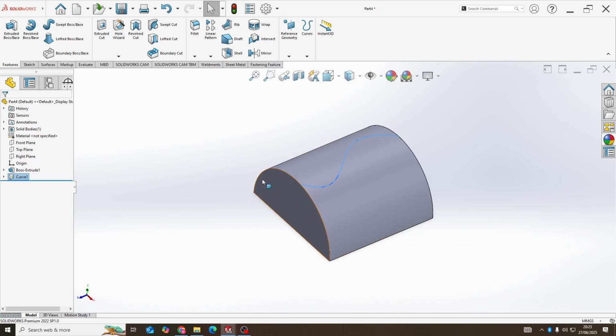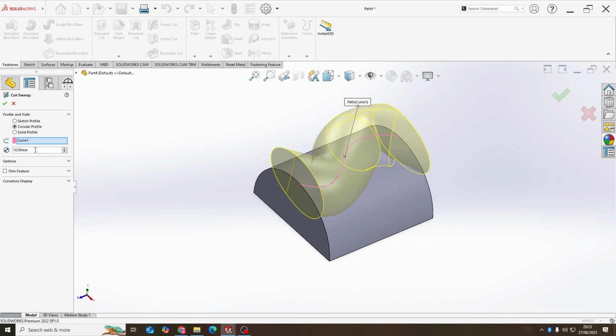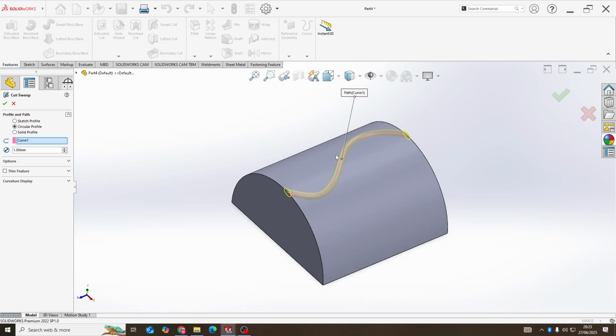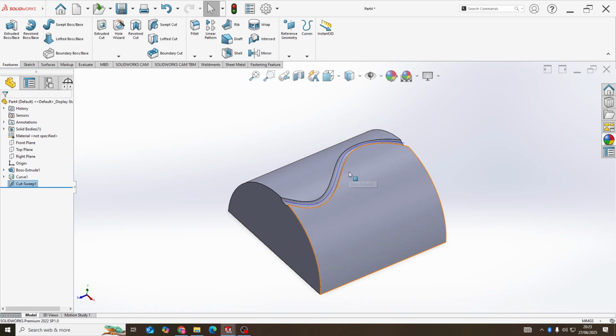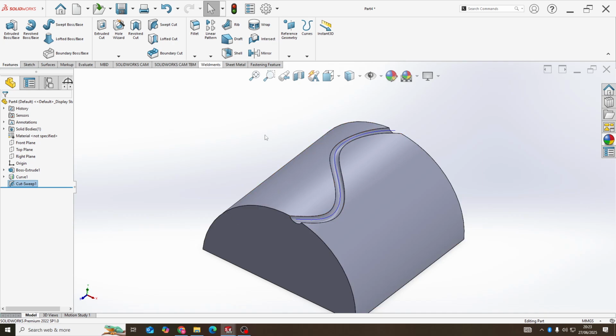We can also create a path or cut following the spline we made by using sweep cut. Choose sweep cut, like this, and for profile and path, select the circular profile. For diameter, we change it to 1 millimeter, and click OK. And the path from the sweep cut is